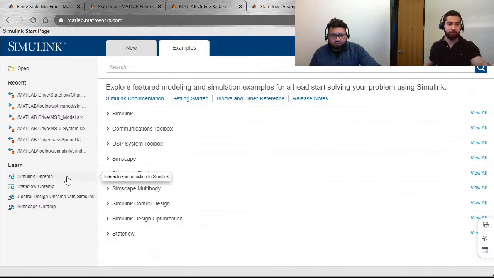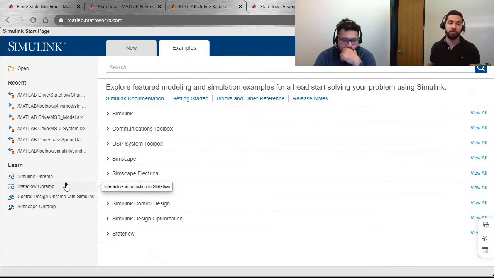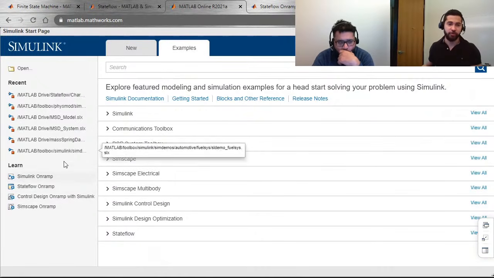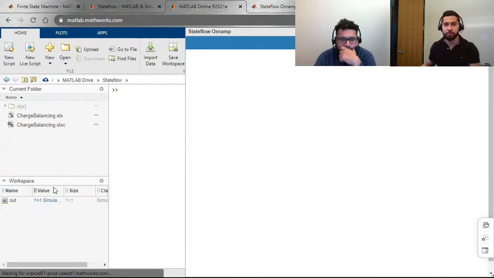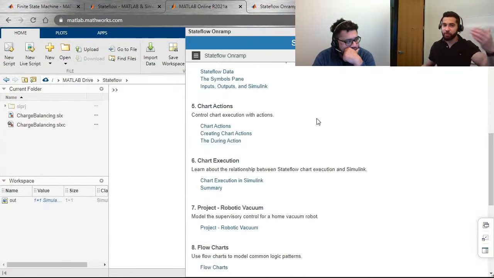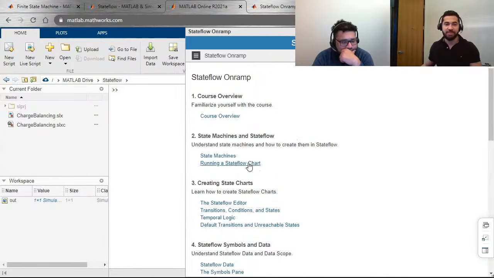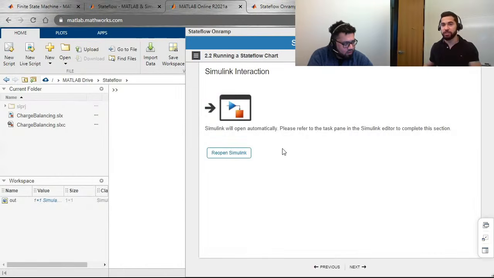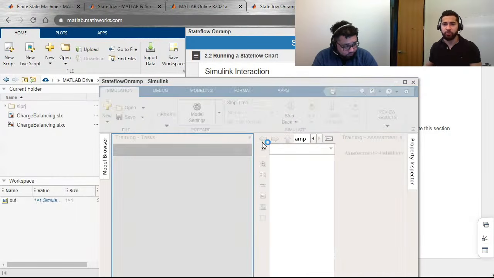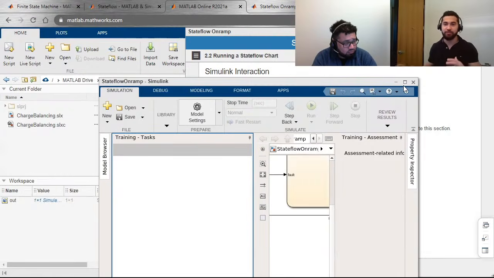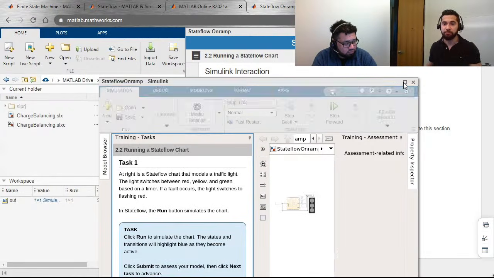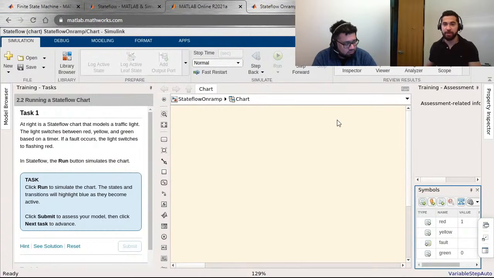So that's one way. The other way I want to show you is with the on-ramps. These on-ramps are free interactive tutorials that help you get started and familiar with the tools in just a couple of hours. We have them for Simulink, Stateflow, Simscape, Control Design, and they work with Simulink Online. If we look at the Stateflow on-ramp, it gives you a curriculum or a set of activities. If we open, for example, this section on running state machines, it'll bring up the interface, and it has different panes to walk you through the exercises. Now if I maximize that,